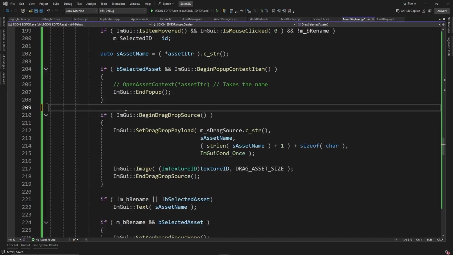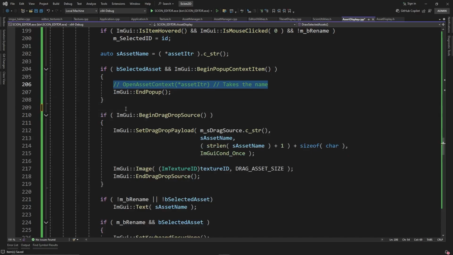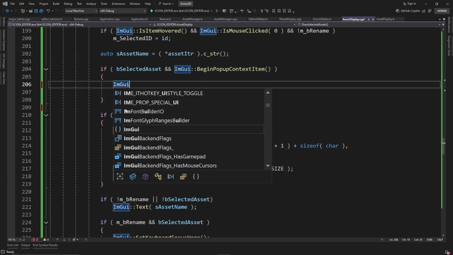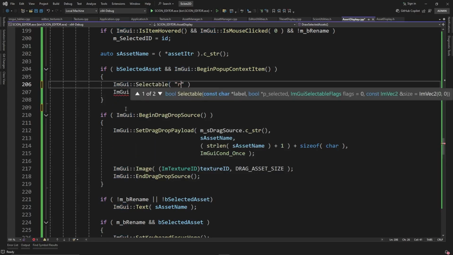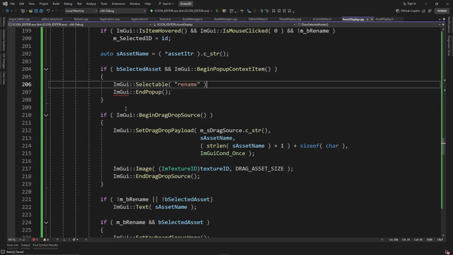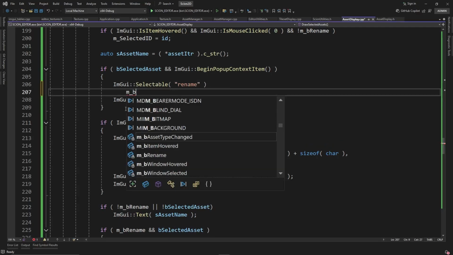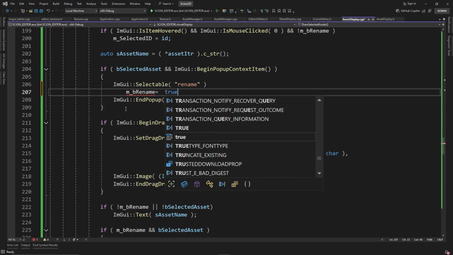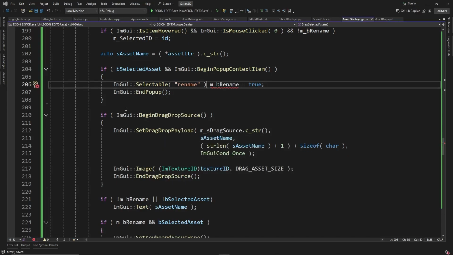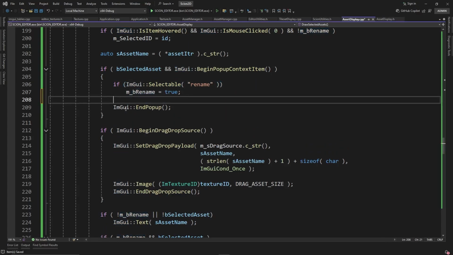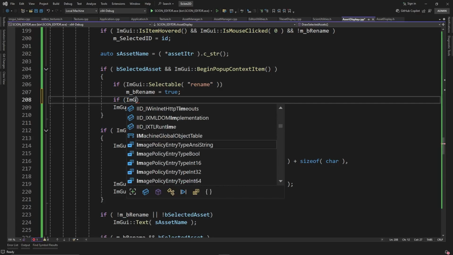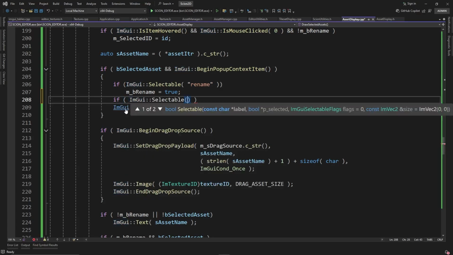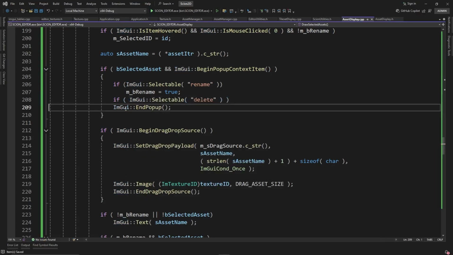So we'll just do it really fast. I won't make the function, we'll just do it for all assets, but it'll be just like this: ImGui selectable, and then we'll just say rename, right? So if rename is pressed, we're going to want to say mb rename is equal to true, right? So if ImGui selectable rename, mb rename equals true, right? And then you can have another one. So if ImGui selectable and have delete, and then you want to have your to do